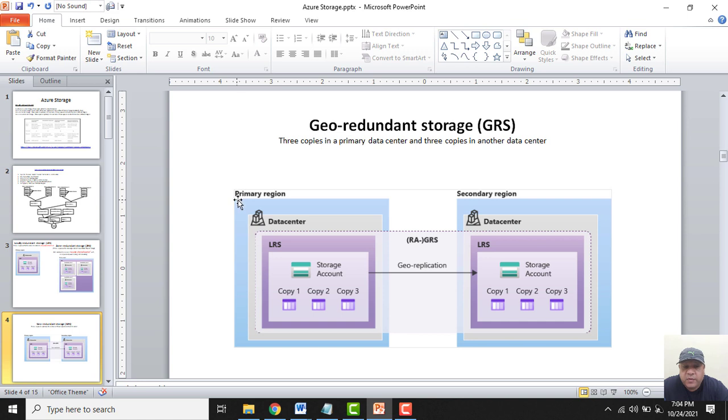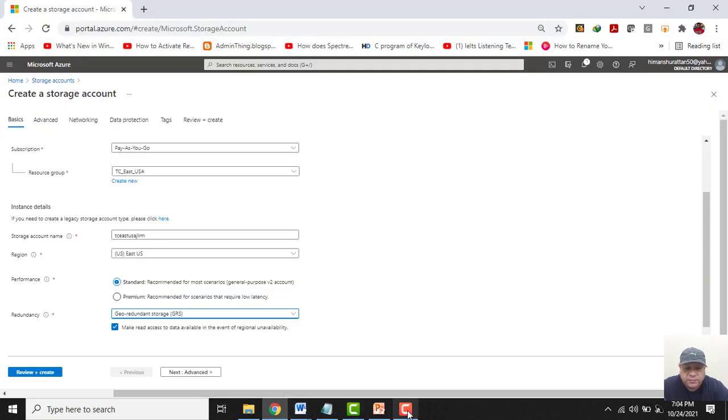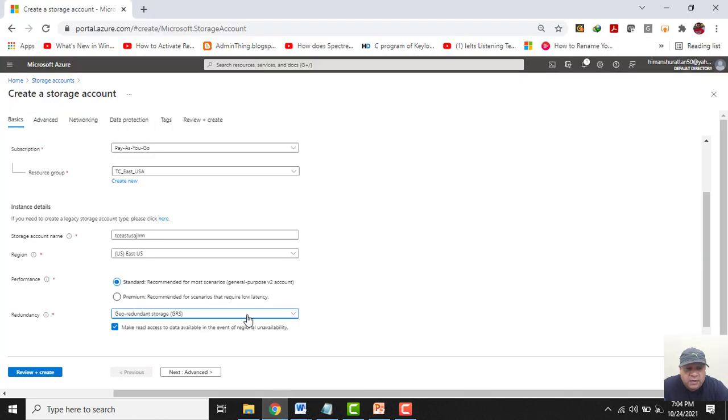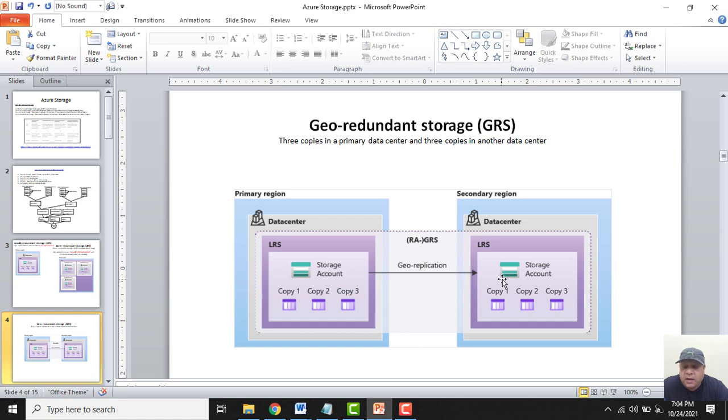When I create my GRS account, I will get 3 copies in the primary region and 3 copies in the secondary region.